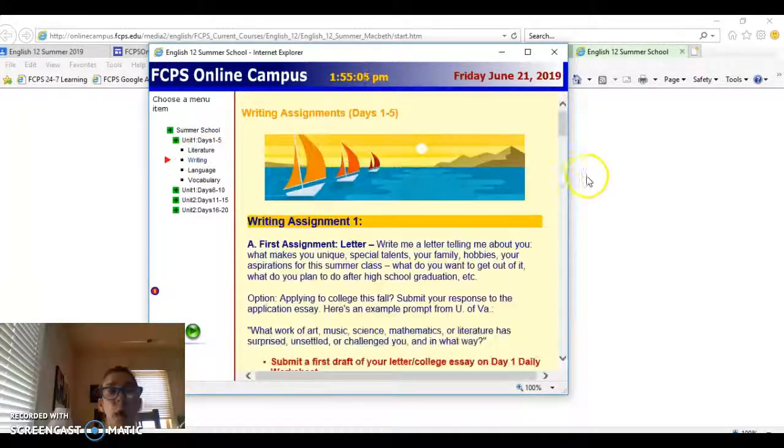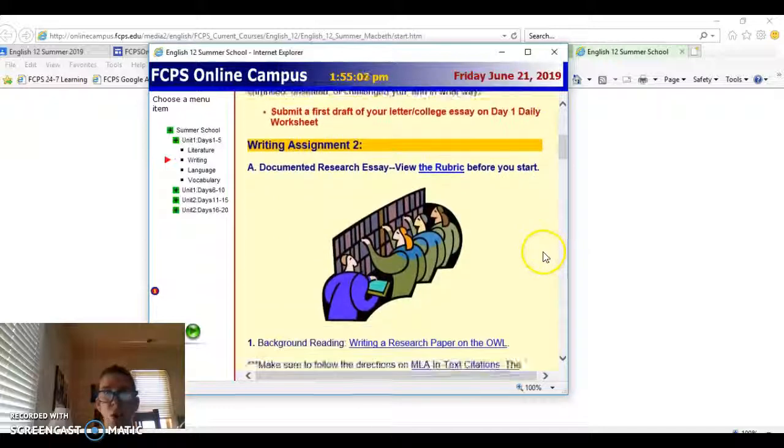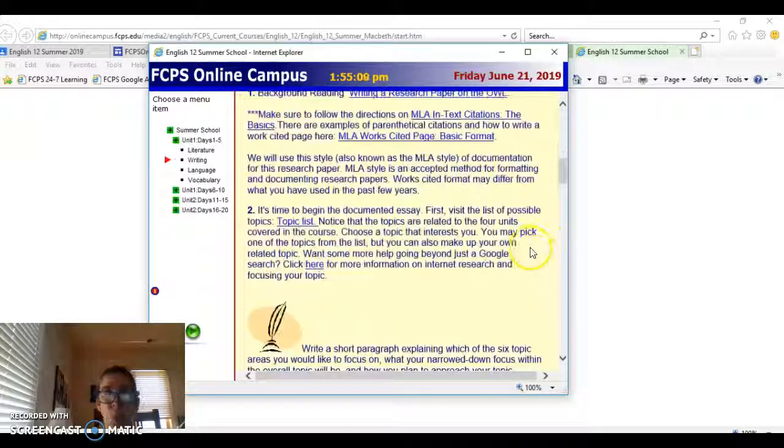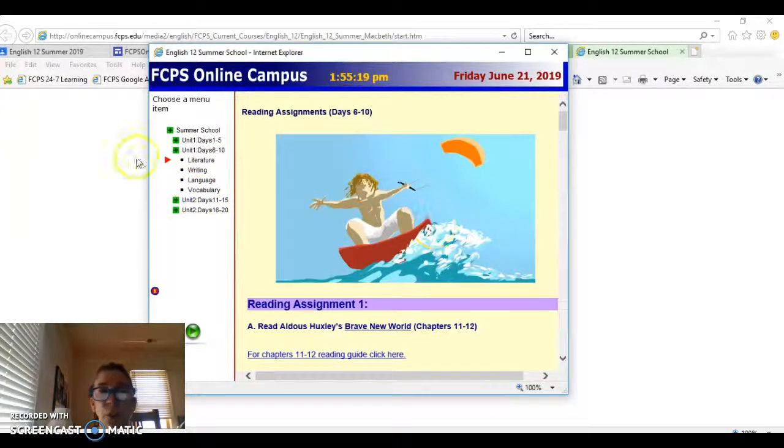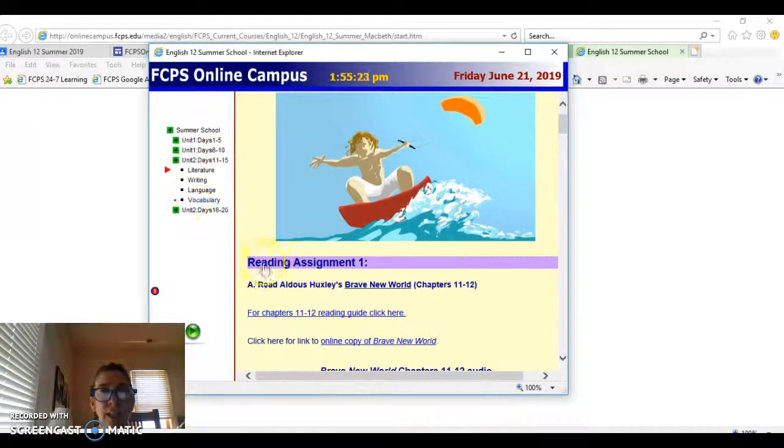Then we go to writing. And again, it's got all the information with links to what you're going to do. So you really have to go here to understand what you're doing. We will go over it in class and collaborate each day, but you also want to look at this to get your instructions. Then when we get to the second set, days 6 through 10, etc., you're just going to click through and see